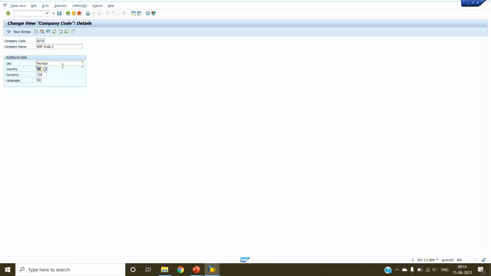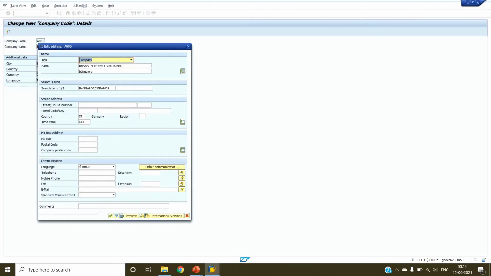City we can select Mumbai, country we can select India, currency is INR, and language is English. It is all okay. Now click on address. Now we will change the name. City you can put in search term 2. Now here we will enter the street, house number, and the address,